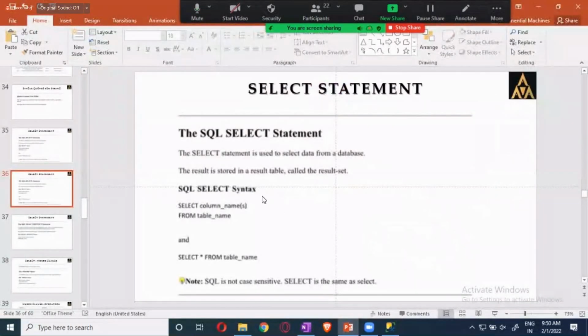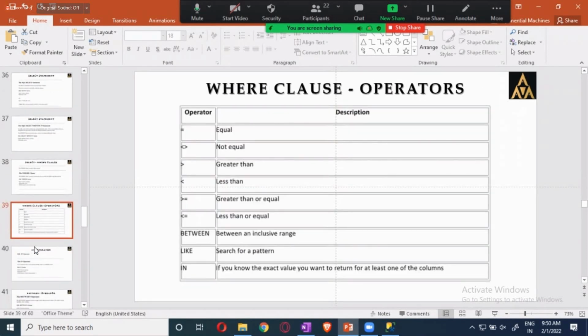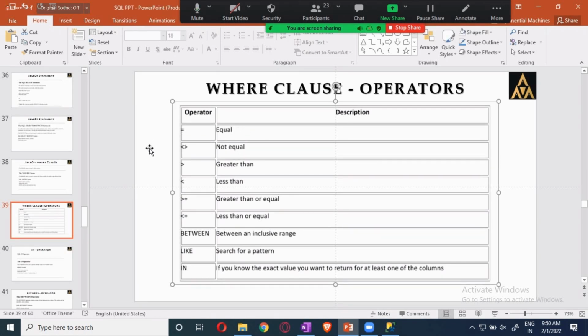Okay. Now, while dealing with this where clause, there are some sub conditions, some operators, like this. The first one is equals to. Let me copy this.